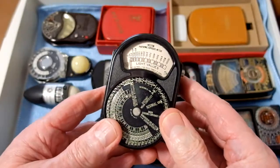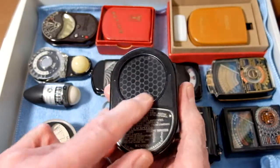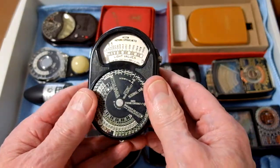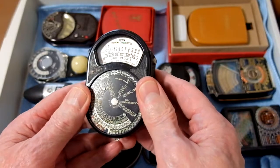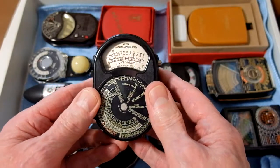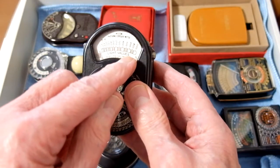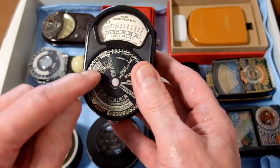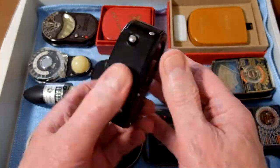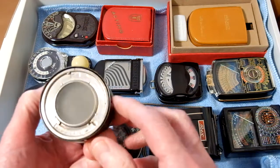Right, this is one of the first actual light meters that measures the light with a photocell on the back. These came out in around 1934, and this is an early Western, and they made lots of light meters from that time, and you would see the needle go up the scale the brighter it was, and then transfer that number onto this dial here and get your reading from that. So here's a little collection of different ones here,